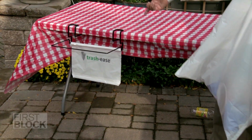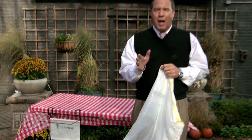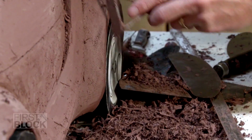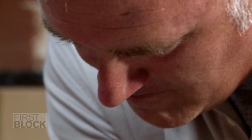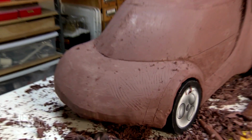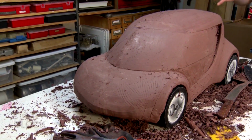By day, he works for General Motors, but he moonlights making what he calls the Trash Ease. And one of the largest companies in the world is his customer. For 27 years, John Cundy has sculpted cars of the future. I'm doing what I was doing in first grade, but kind of getting paid for it, you know? I mean, you're always kind of playing in the dirt in the backyard, drawing or whatever, and it's one of